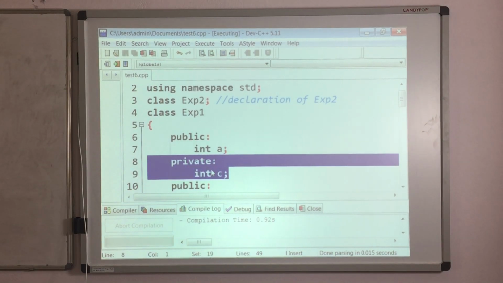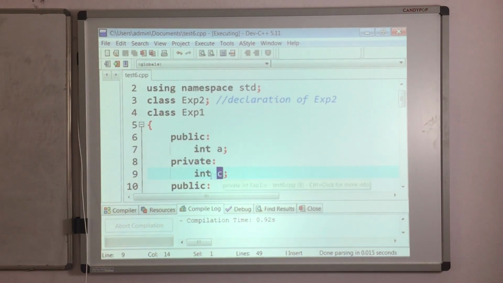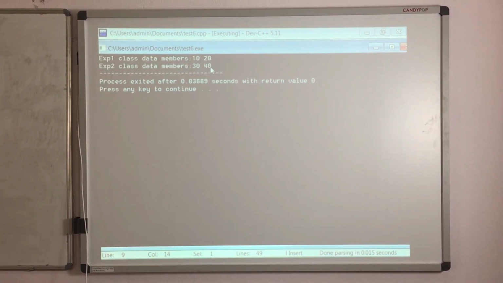See over here, this data member C is private in exp1. We are accessing the private data member of exp1 class. Similarly, this 40 is a private data member, and we are accessing it using the exp2 class, using the access members friend function.